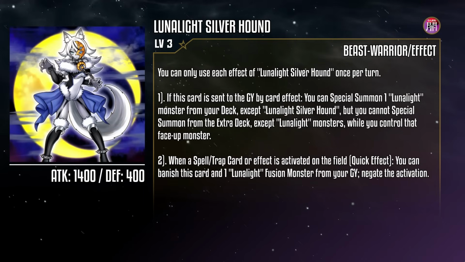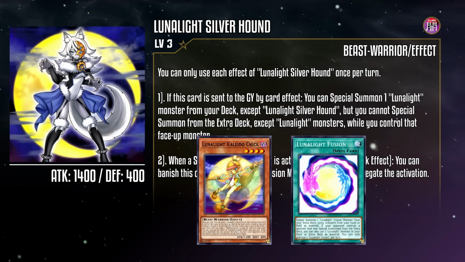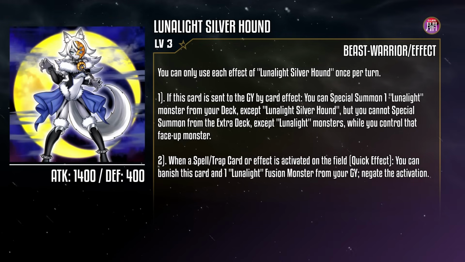You'll need to banish a fusion from your graveyard alongside it, but between Kaleido Chick, Lunalight Fusion, and climbing the fusion ladder in general, we're not going to find ourselves short on those. This hound may be silver, but once you resolve this effect, it'll be your opponent who will be taking second